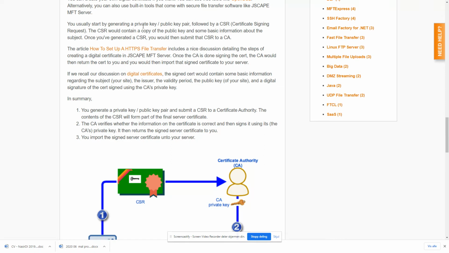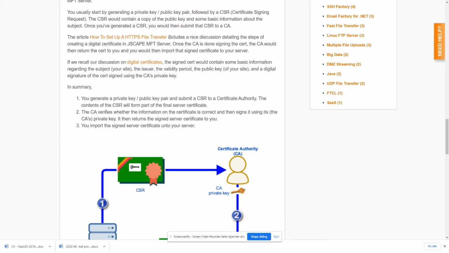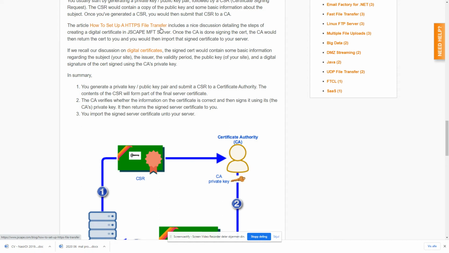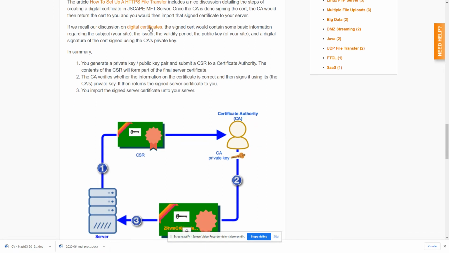The process is that you have to generate a private key and public key pair in order to set up a certificate signing request. In that link we can see how that is actually done, but let us first of all just see how